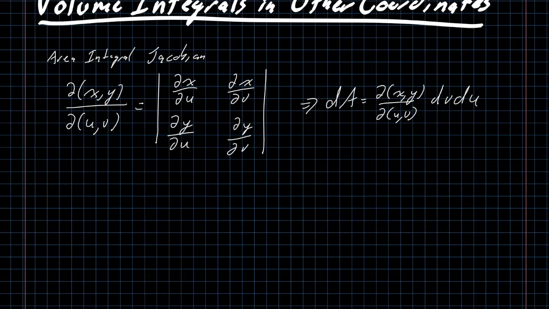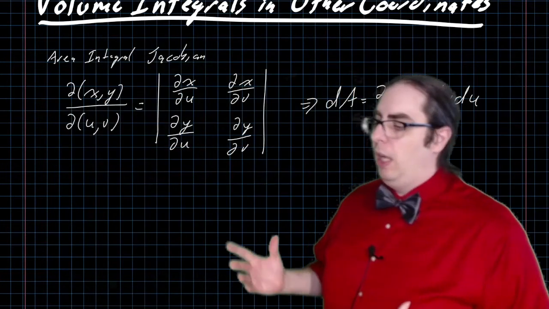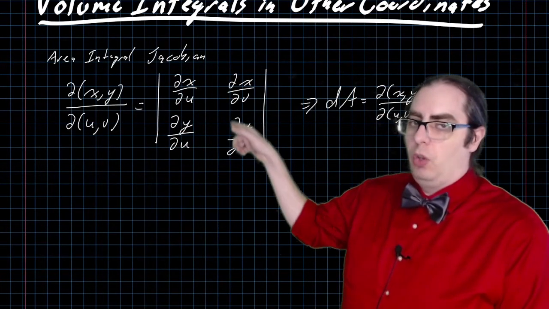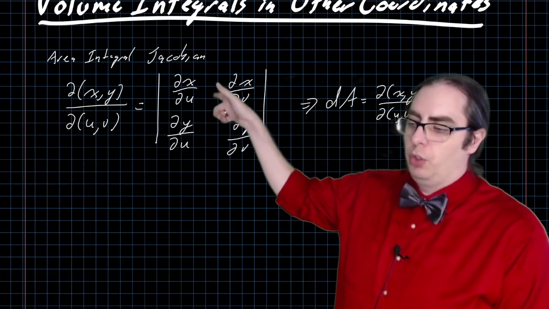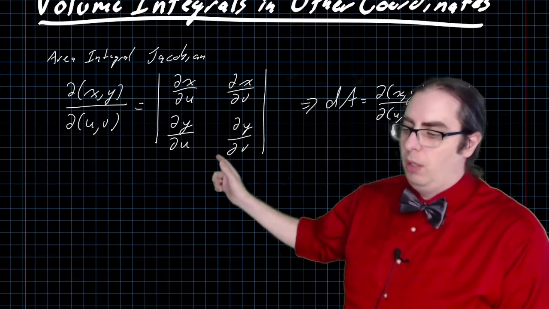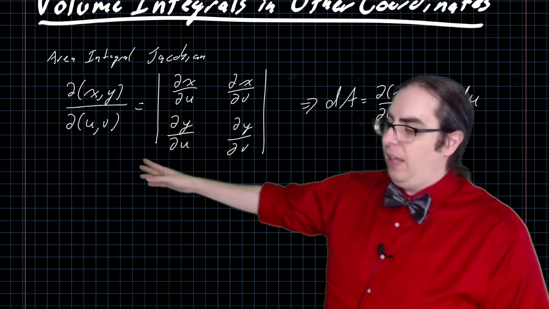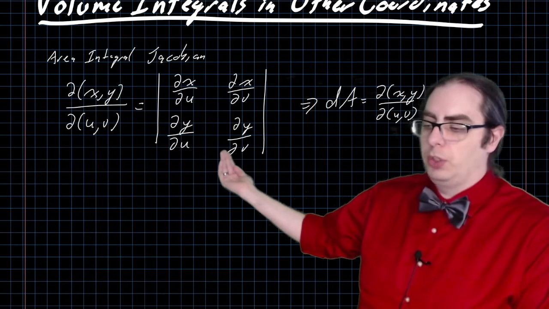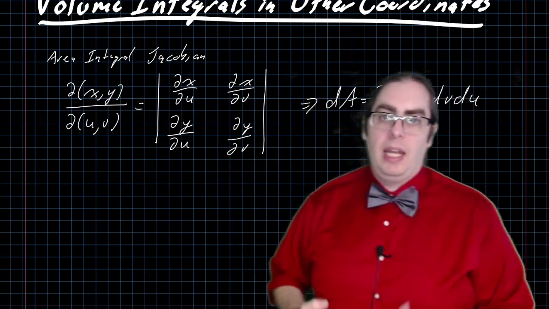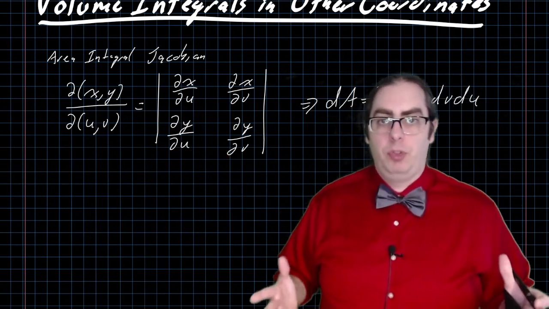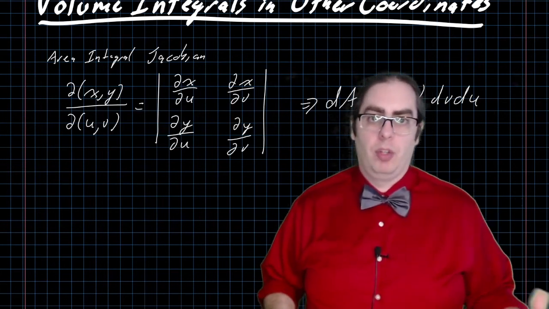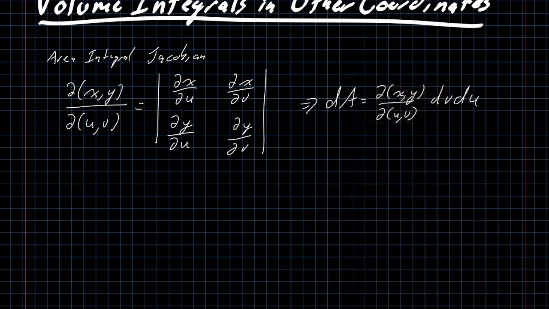And the way that the Jacobian worked, in the numerator, x and y defines the rows of the matrix. So partials of x, partials of y. And the denominator defines the columns, partial with respect to u, partial with respect to v. And if we just take that and extend it from 2 to 3, we will get a Jacobian in 3 dimensions that works just as well. So we can have a volume integral Jacobian,